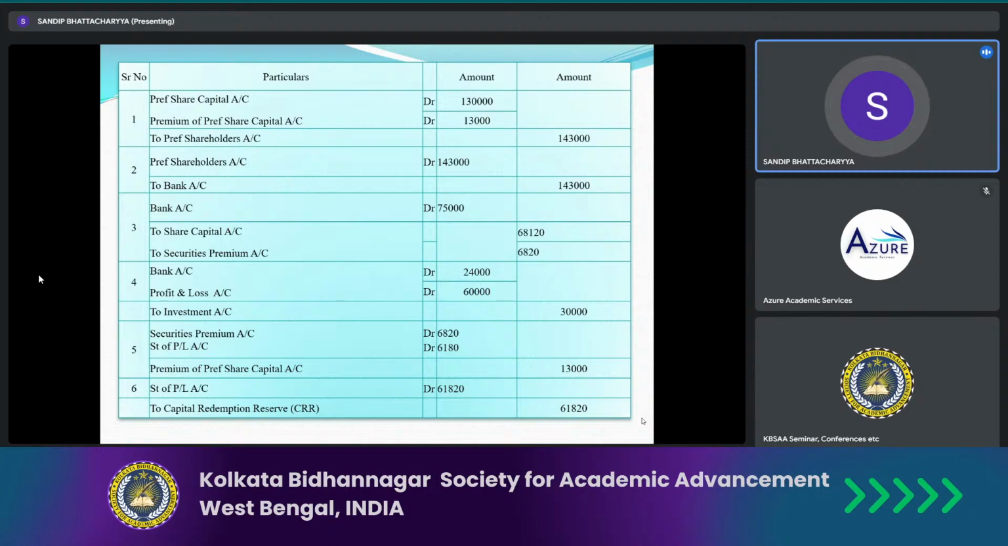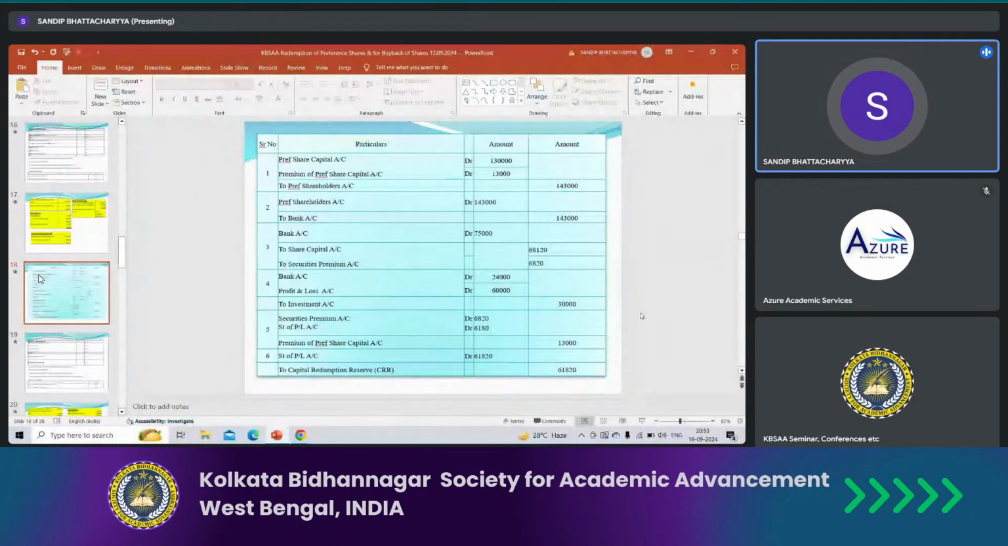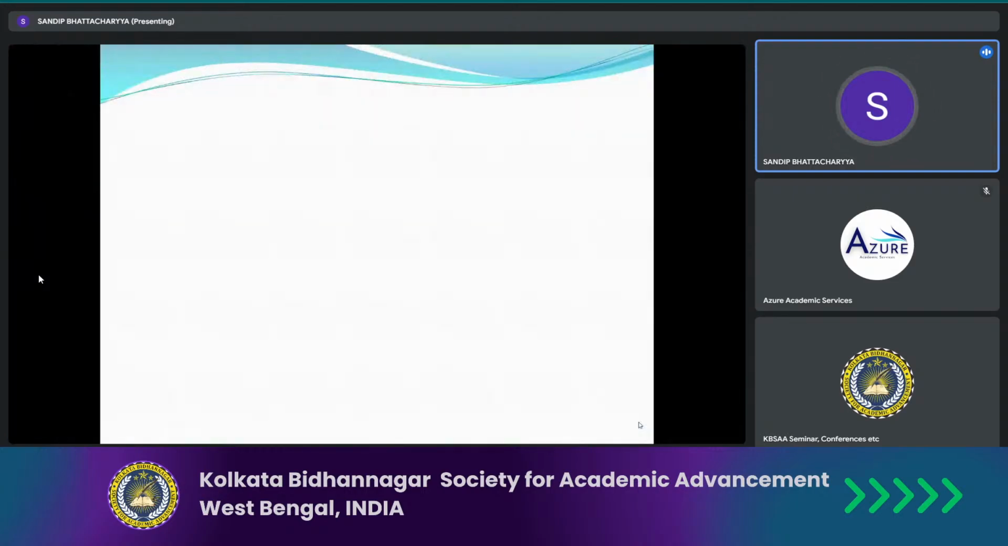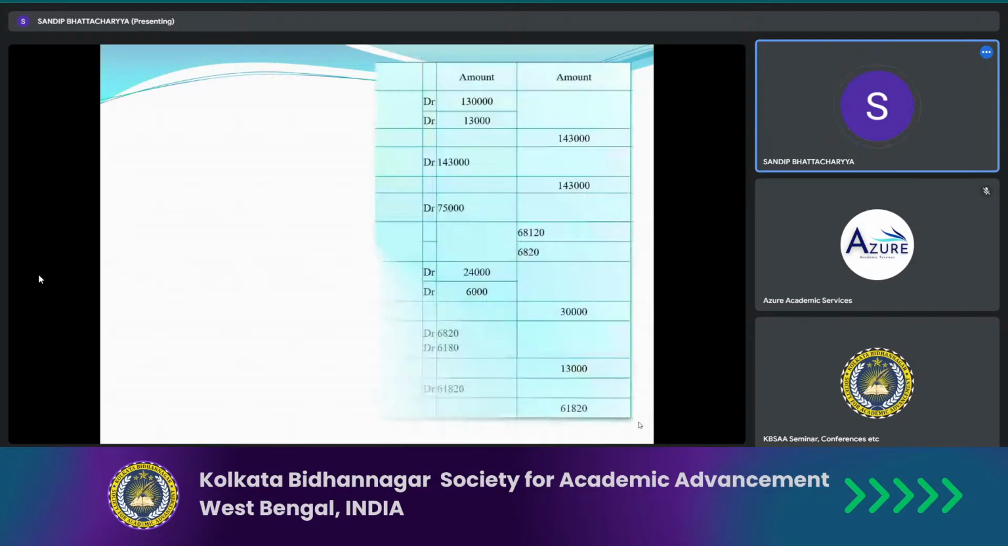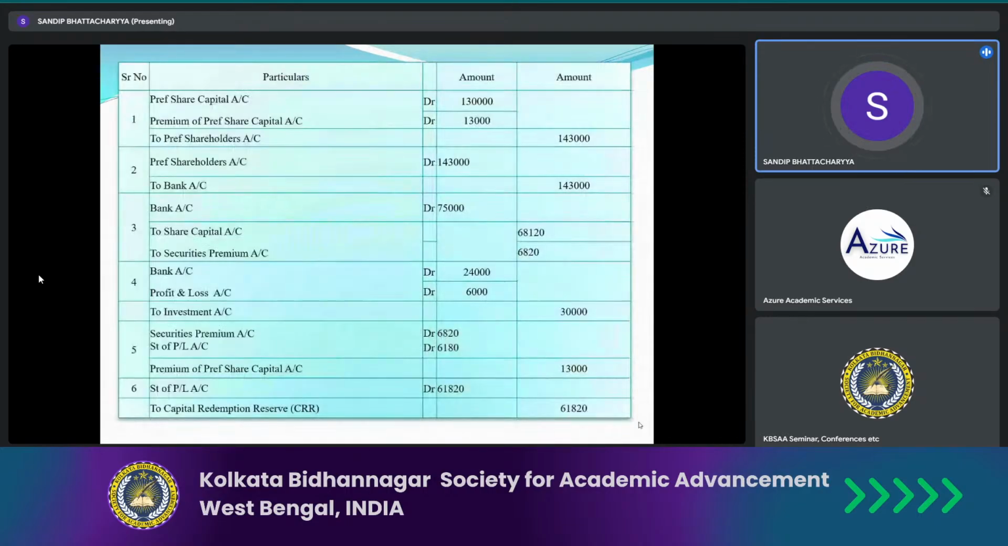Okay, there is a printing mistake in journal entry number 4. In journal entry number 4, the profit and loss account is mentioned as 60,000, but it is 6,000. Sorry for that. Actually, there is a printing mistake in journal entry number 4. Now it has been rectified. The bank account debit is 24,000, profit and loss account debit is 6,000, to investment account is rupees